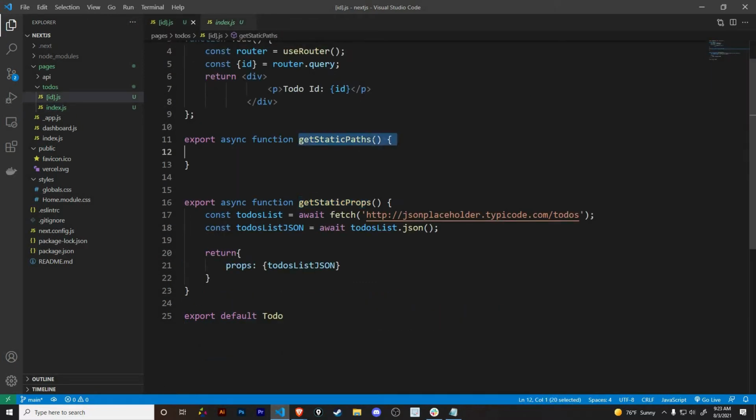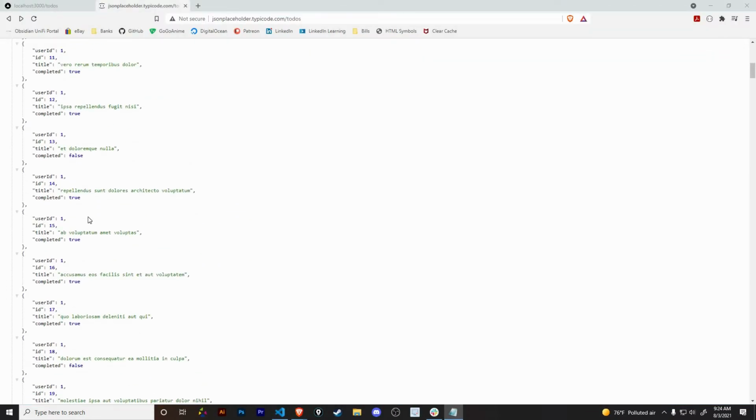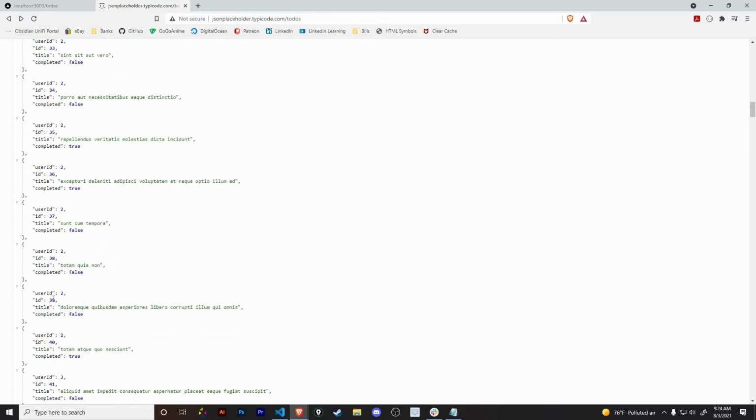The other function, the getStaticPaths function, you can think of this function as filtering which pages you actually want to pre-render at build time, right? Because this is build time. This is all during build time. So which pages you want to pre-render at build time, that's what you could think of this as. And the reason why I'm saying that is because it'll make it much easier once we start going through this. So in this case, let's say we just want to pre-render ID 14, 32, and 39,